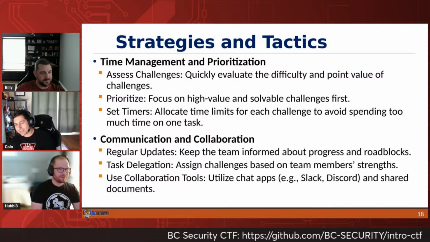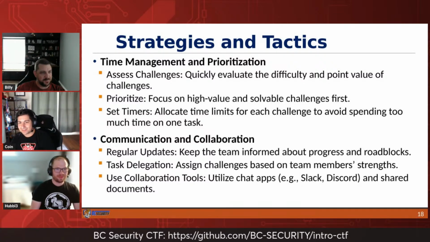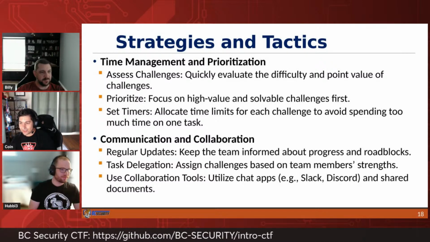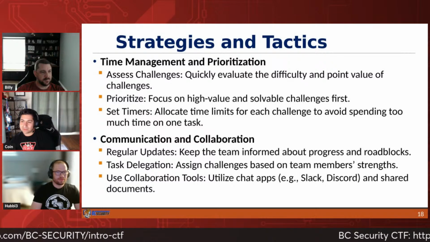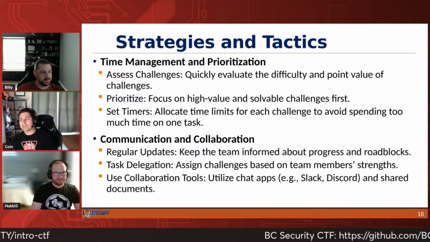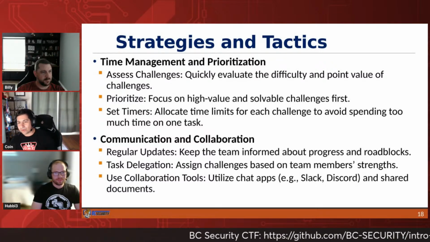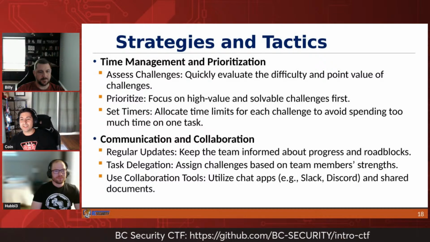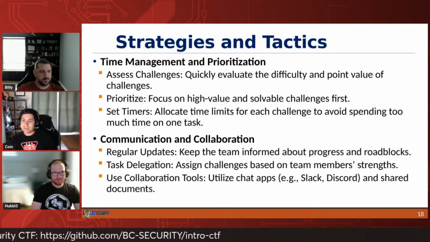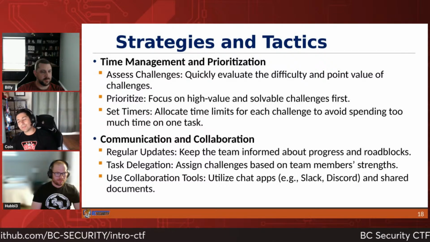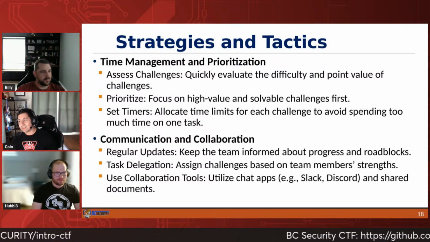Well, that gets into the next part: communication's key. If your team's not communicating, you're going to lose. That crosstalk has to happen. If everybody's working independently, you're better off having four or five independent teams, because you need to delegate tasks. There may be a single challenge with multiple parts, and you say, I need you to figure out whatever this encryption is and get me back whatever that key is,